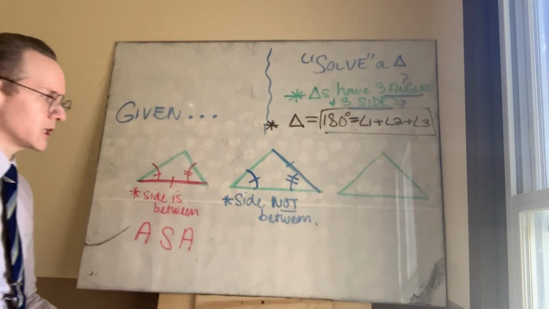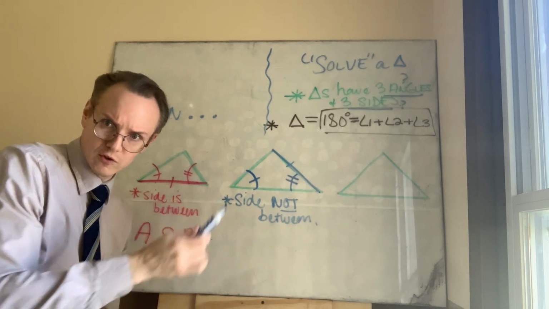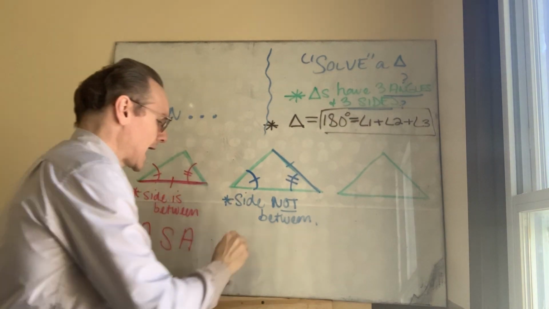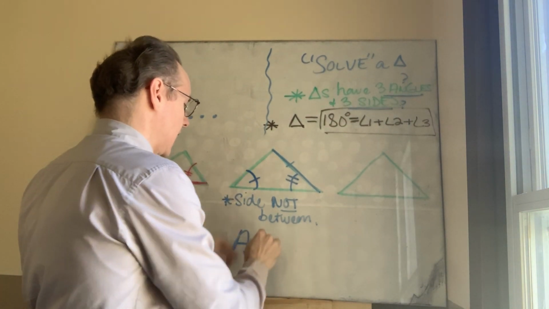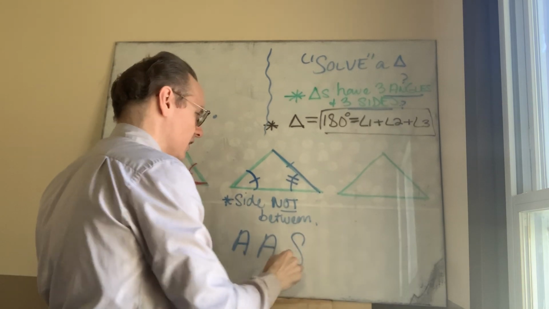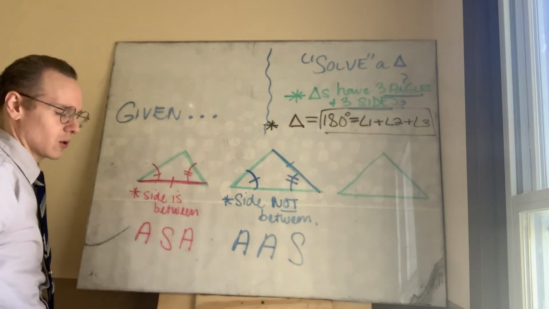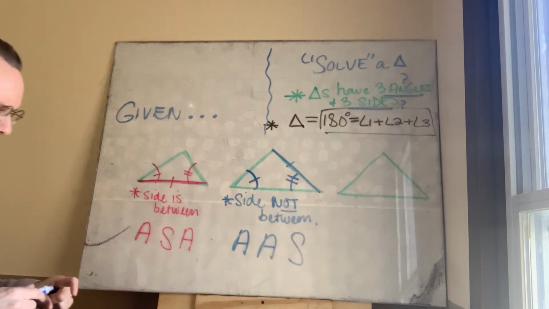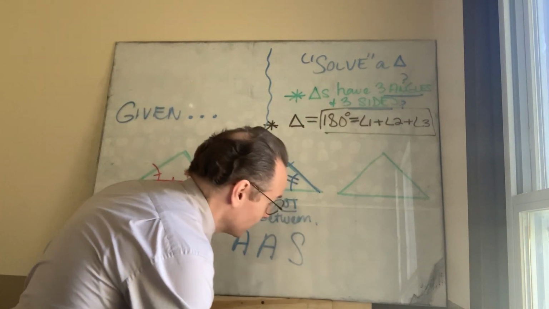And the abbreviation again would be the initials of those types of dimensions. So angle, angle, side, if you were to read it sort of counterclockwise. Okay. That is this last scenario,